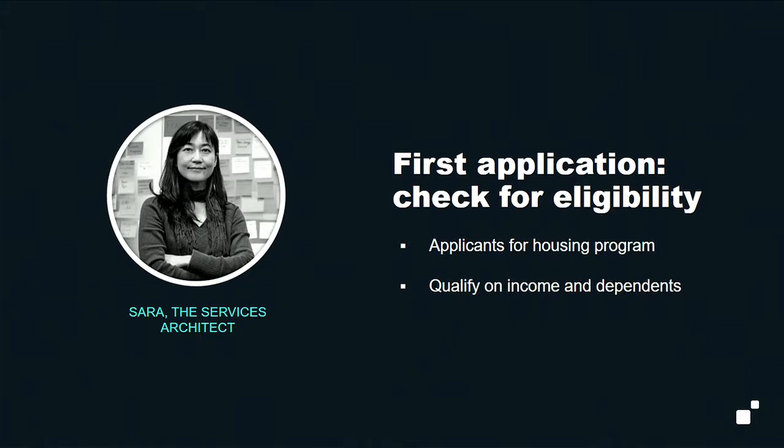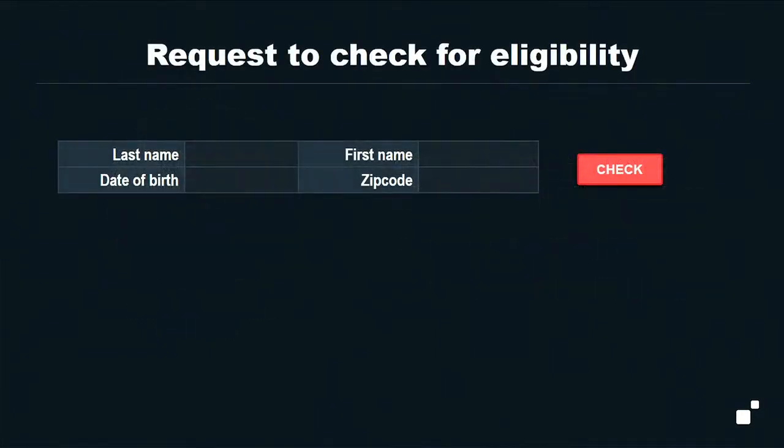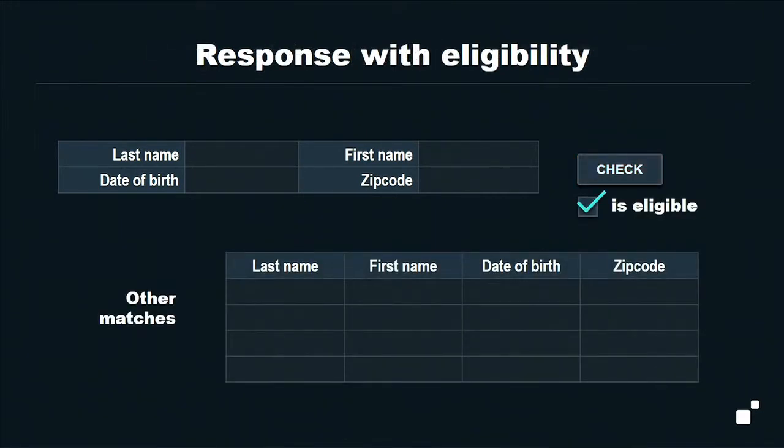And the goals here are to improve the quality of service by improving the performance and improving the correctness. So the UI for this first application will be extremely simple. We'll just collect enough information to uniquely identify the caller, and then we'll run the eligibility check, and we'll see whether that caller is eligible, and in addition, see if there are other names that might be close matches so